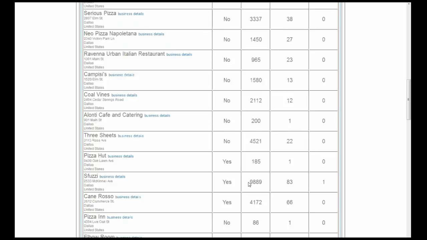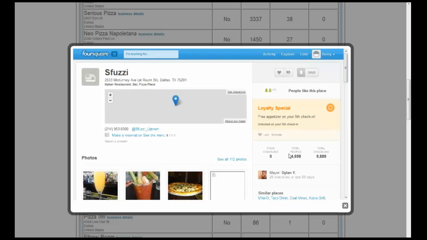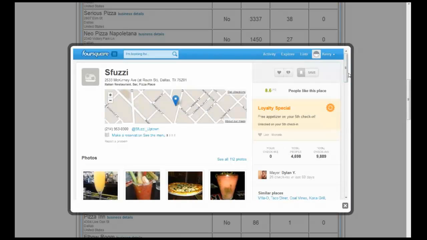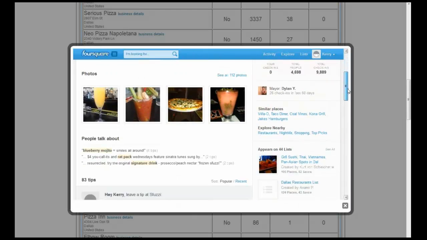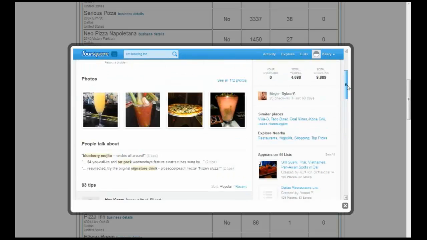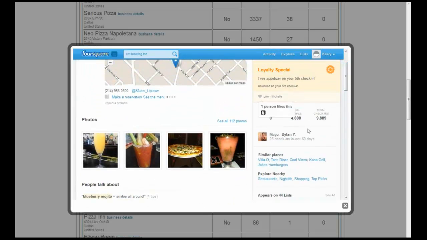I would take this page right here and print it off, and I would show how this business is using Foursquare. What you want to understand about Foursquare is when somebody checks in, it tells,